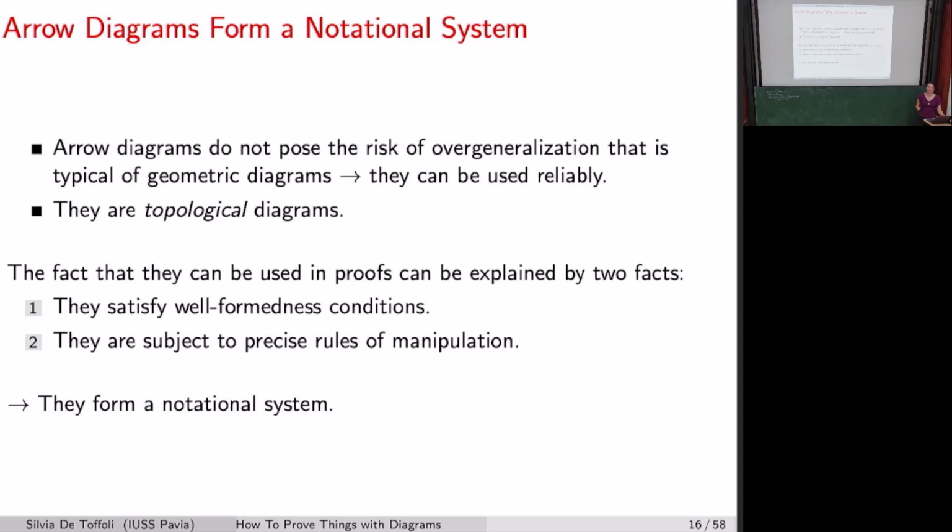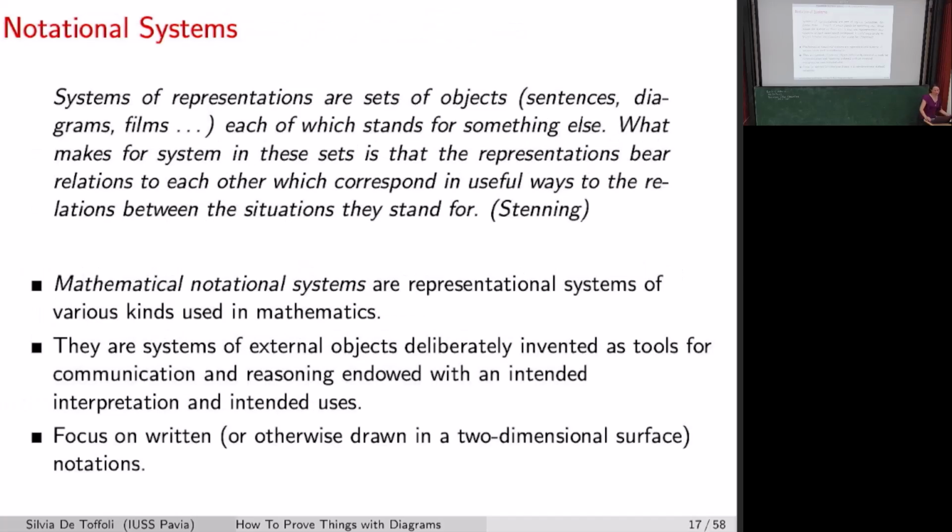So, arrow diagrams. First, we can notice that they don't pose the risk of overgeneralization that is typical of geometric diagrams, because they are topological in nature. And I already mentioned that the fact that they can be used reliably in proof is explained by the fact that they satisfy this well-formedness condition and they are subject to precise rules of manipulation. And this is not a feature of them only, but of diagrammatic notational systems in general. So here is Keith Stenning,